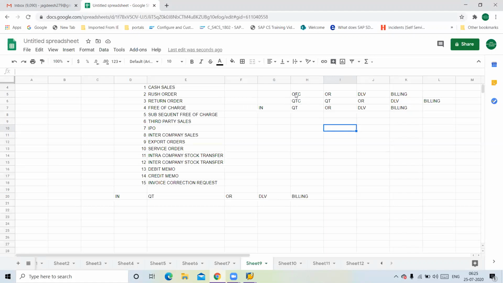Maybe the first order he raised, the second order he raised. For a week, 5 orders he raised. After that, on a weekly basis he can do the payment, or else maybe after 45 days, after 2 months, after a quarter, he can pay, or else immediately also he can pay. He always has a choice. But you got the difference between all these processes. When it starts from order, everything will end up on a credit basis. That means you can take some credit, you need not pay immediately.